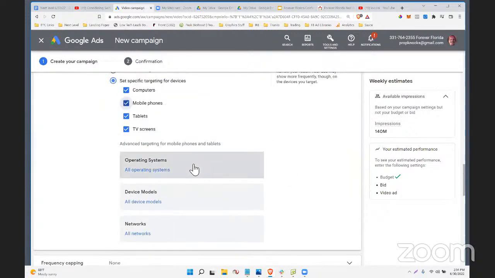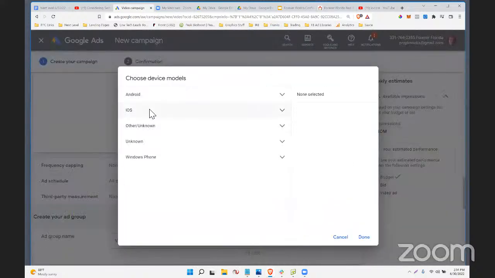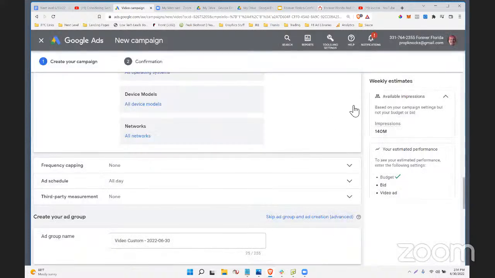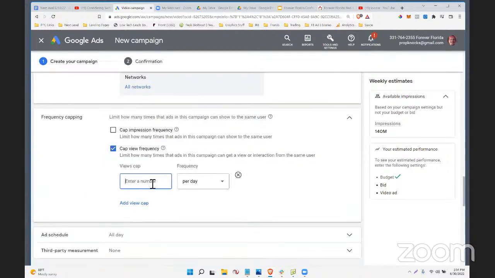And if I remember right, I thought you had to do an adjustment here to actually get this targeting stuff to work, but maybe they've changed that. Okay, you can even target like iOS versus Android, so you can get really, really granular. Frequency capping. I can say, hey, I don't want the same user to see my video more than twice a day.